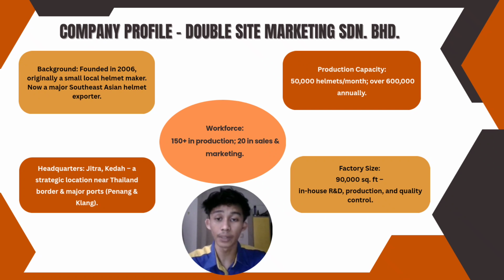The company operates a large 90,000 square foot facility where all the R&D, production, and quality control are handled internally. This centralized setup improves coordination and efficiency. In terms of scale, they produce about 50,000 helmets every month, totaling more than 600,000 units annually. The company employs over 150 production workers and 20 marketing and sales staff to support both domestic and international